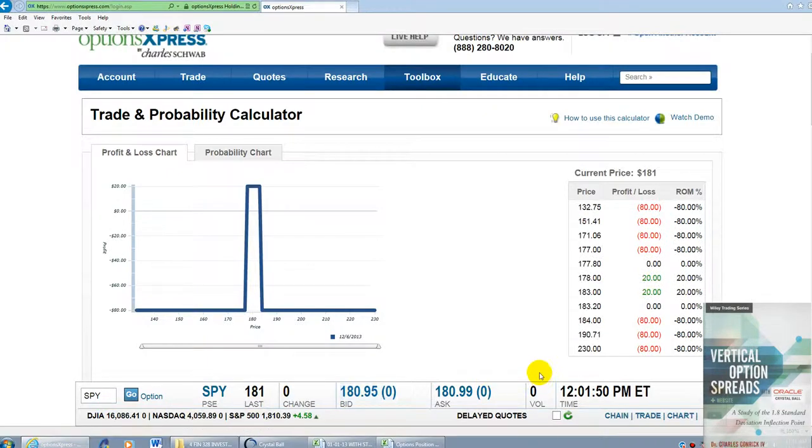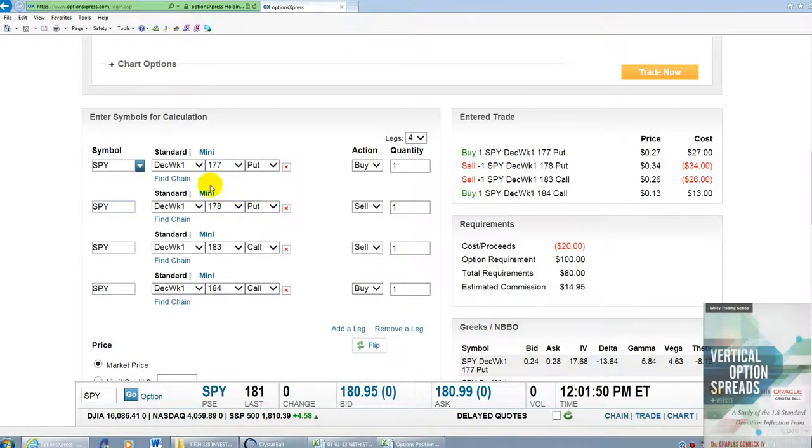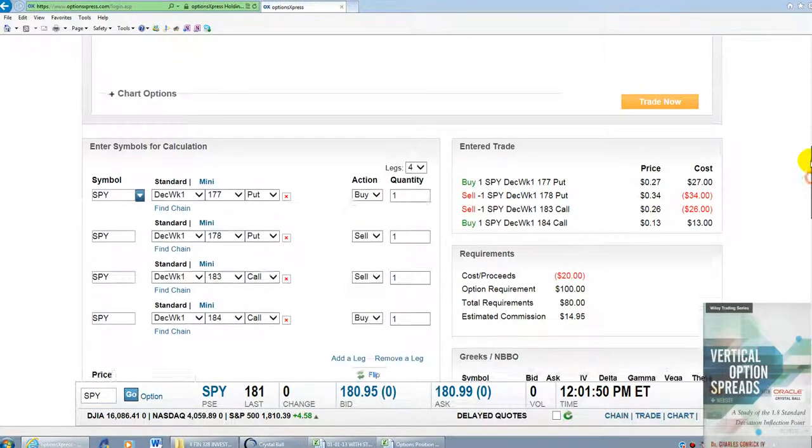Then we went to Options Express's website, and we set up the strike prices for 1 week from today, or December, 5 days from now, and put in the strikes that we wanted, and we set up the buy, sell, buy. That's an iron condor. It's a 177, 178, 183, 184 iron condor, because we mixed up the puts and the calls. Options Express showed us that, all right,